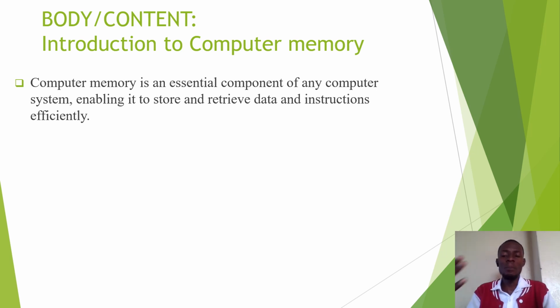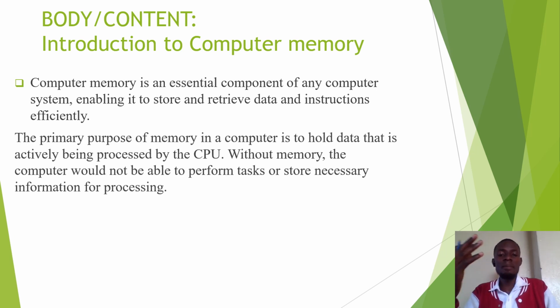It enables the computer system to retrieve and store the information. It is an essential part or component that enables the computer to retrieve, to store the information, and its primary purpose